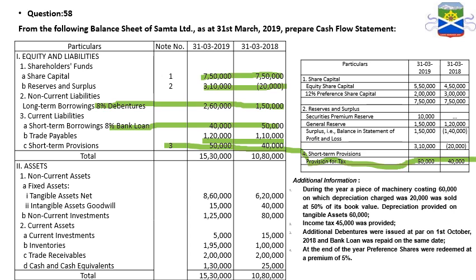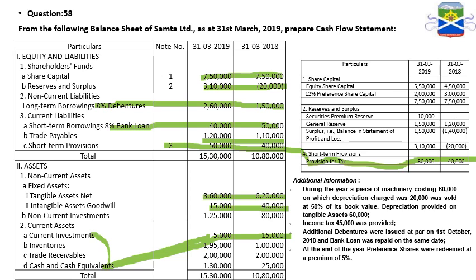Now under assets, we have net tangible assets increased, goodwill decreased, so it's a write-off. Under current assets, current investment is decreased, and this is part of the cash and cash equivalent. Remember this one, it will not go to the current assets, not considered, because current investment is a part of cash and cash equivalent.